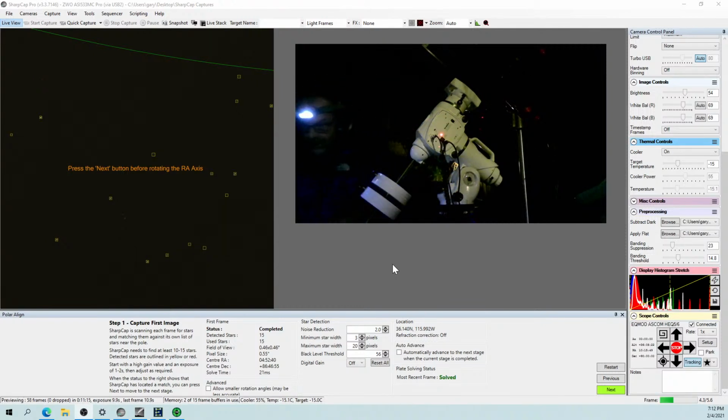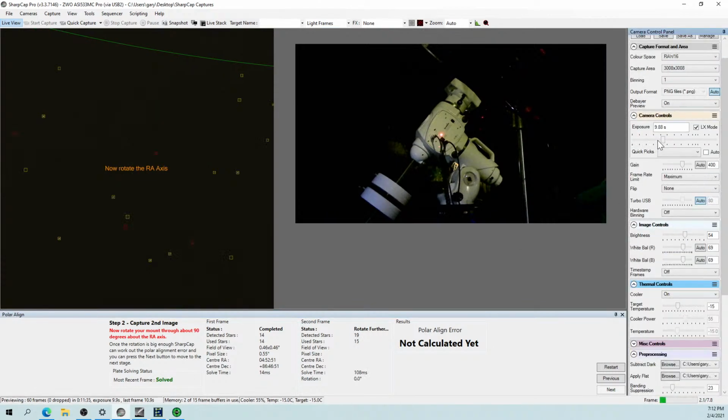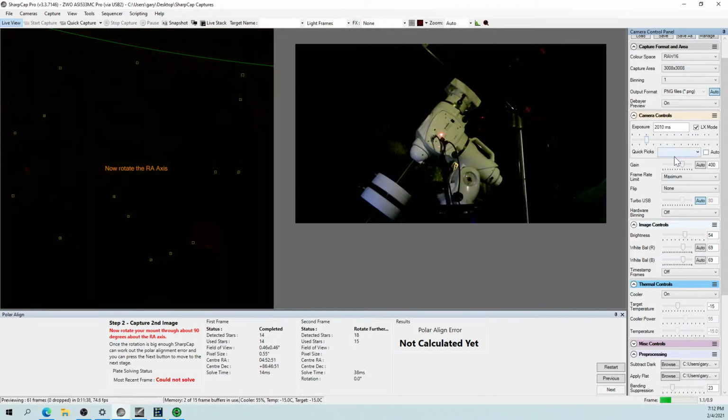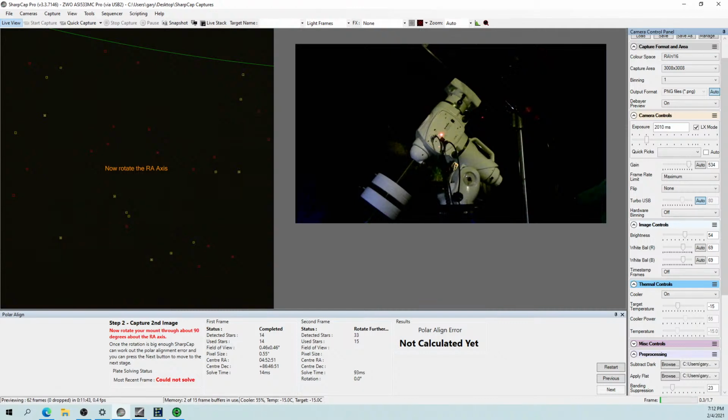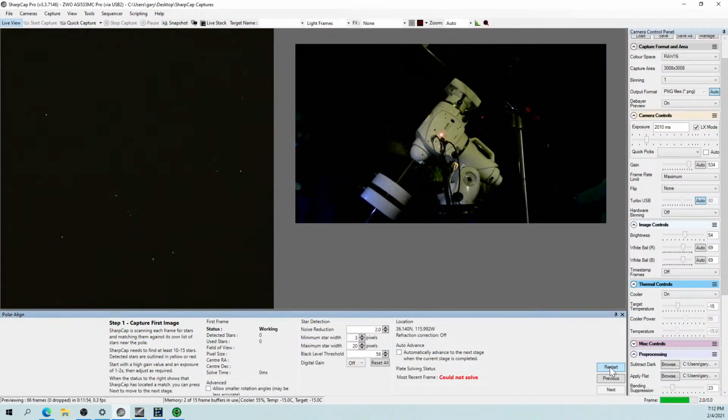So I am now going to follow the instructions. And it basically says, press the next button before rotating the R axis. So I press next. It's then going to grab an image. I can actually make this go a little bit faster. So let me bring the exposure down to about 2 seconds. Let me bring the gain up to about 500. And it doesn't seem to have, let's just restart this process. So restart. Okay. So it's grabbed my first image,